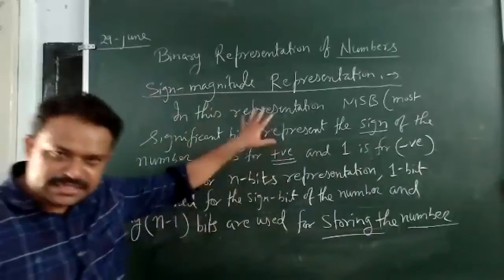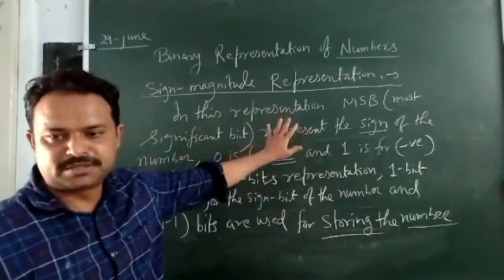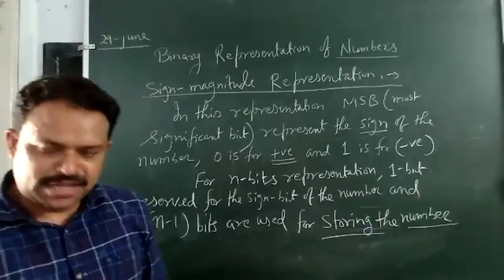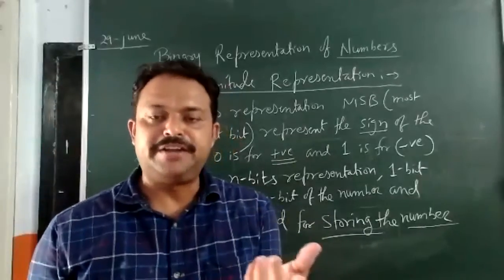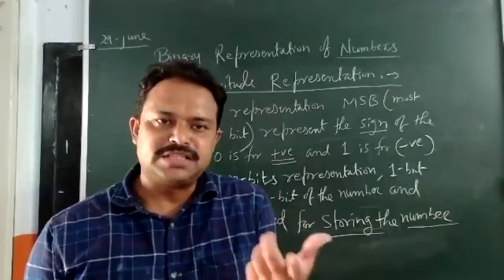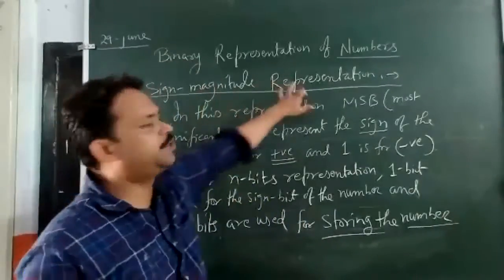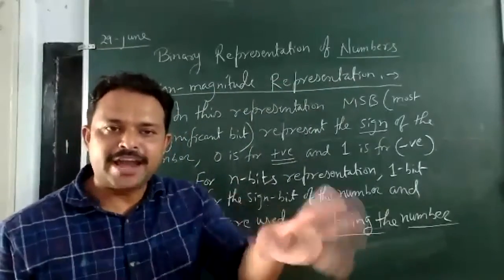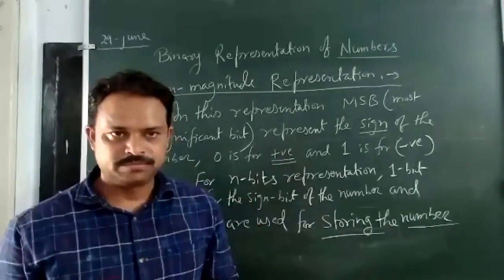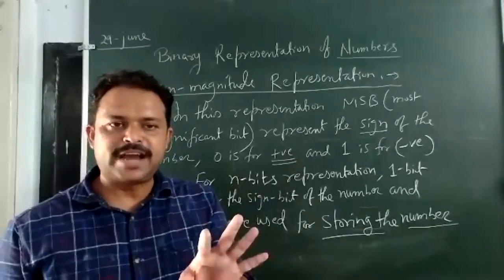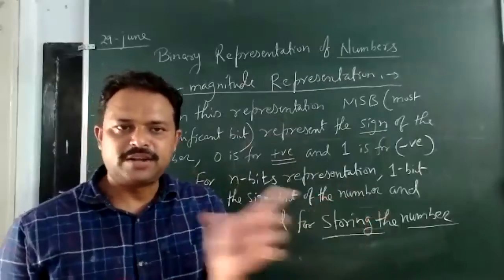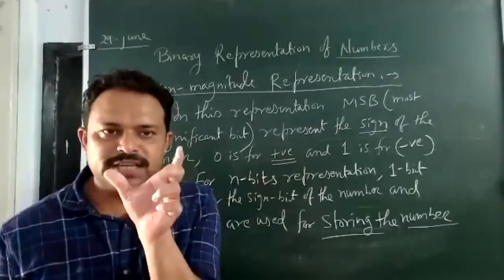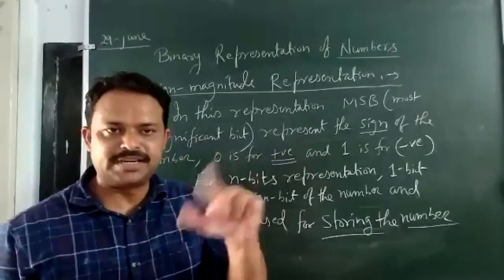Overall conclusion, this is the meaning of sign magnitude representation. The examiner may give you any number and tell you to represent this number using sign magnitude representation using 3 bits, 7 bits, 9 bits, or 12 bits. When I say using 12 bits, it means that 1 bit is reserved for sign. Now the remaining is 11, so within those 11 bits, represent that number.